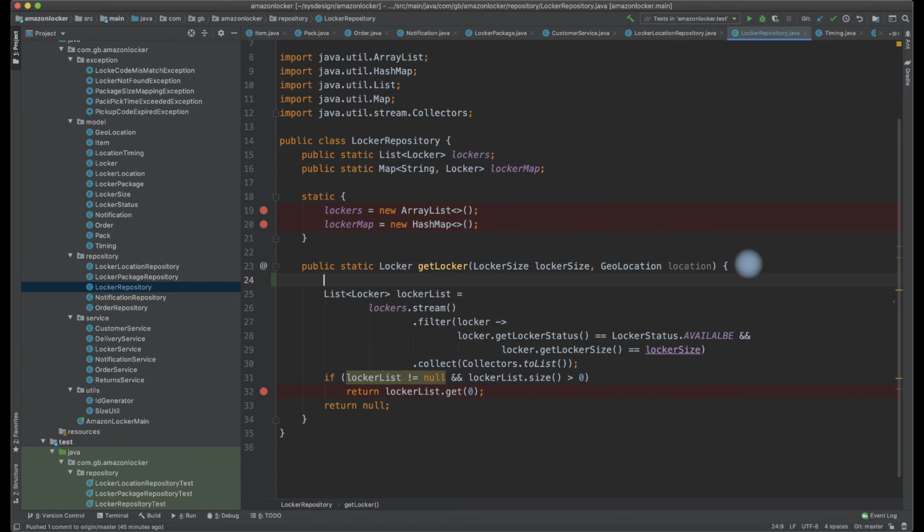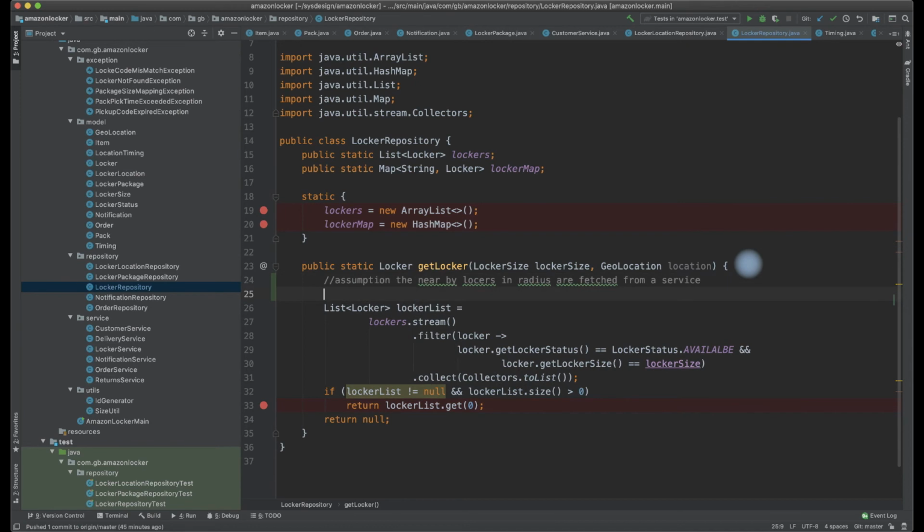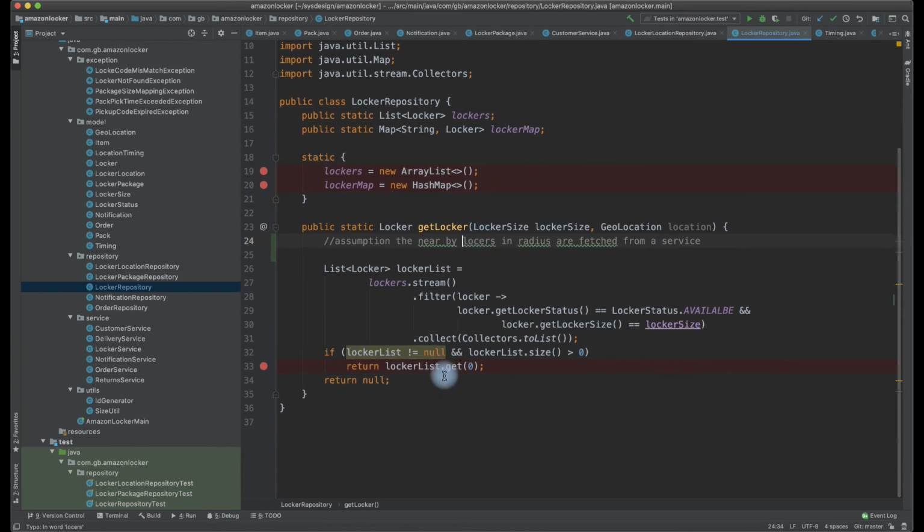So we can even comment it out as an assumption: the nearby lockers in radius are fetched from a service. Forget about the spelling mistakes.